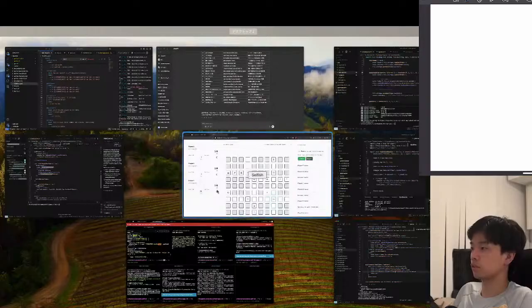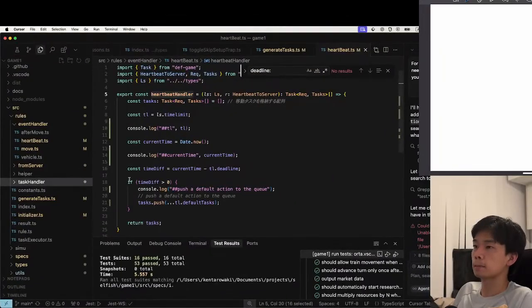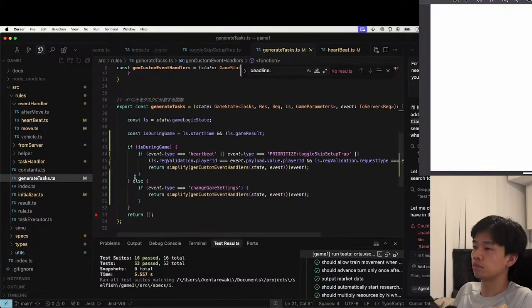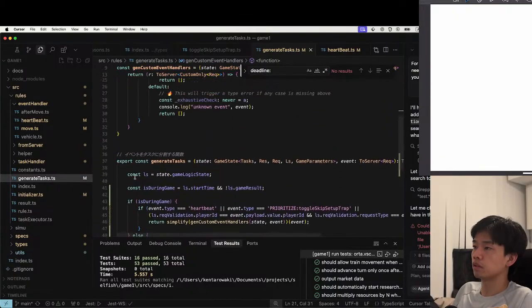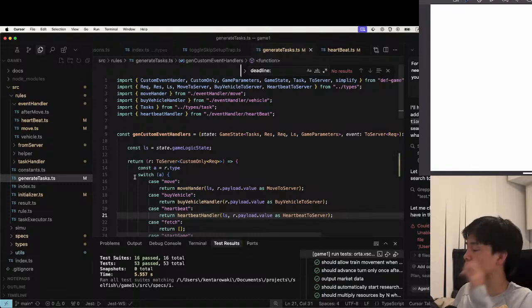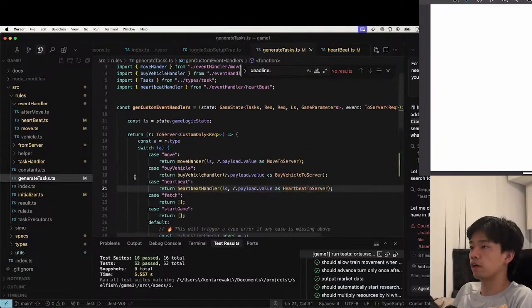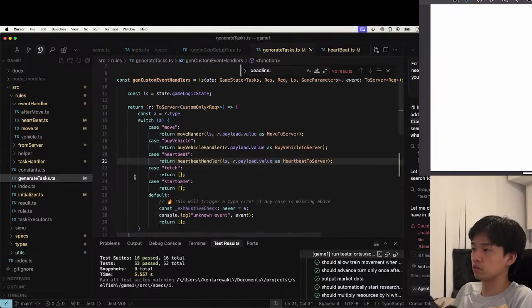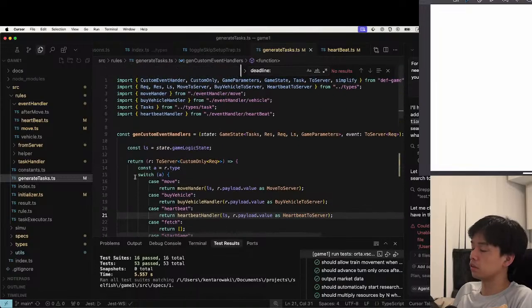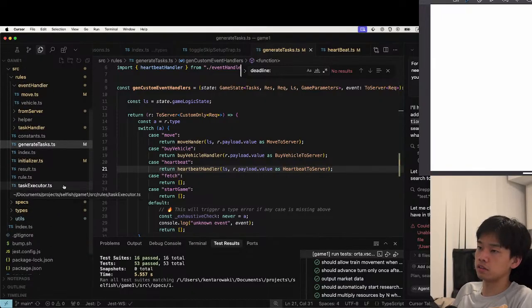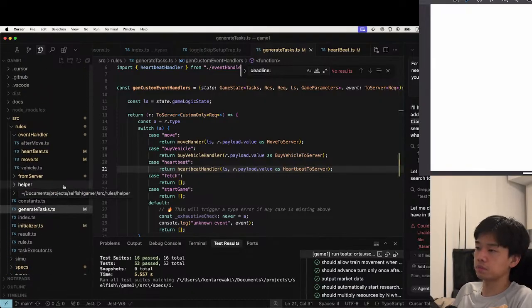I think, in the way that I don't change the server side module, I can change the